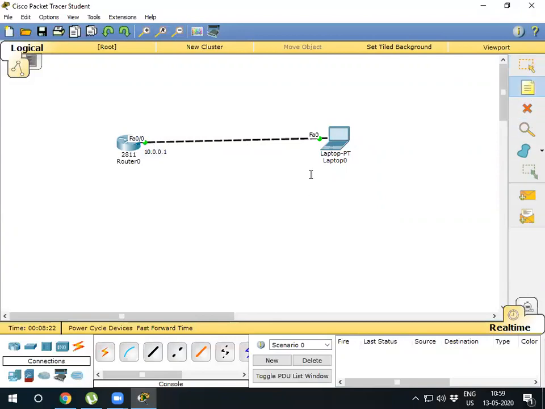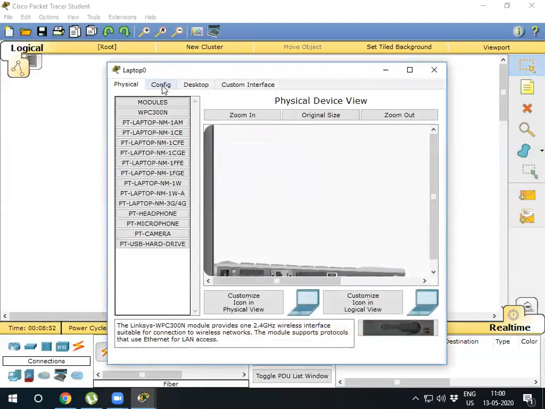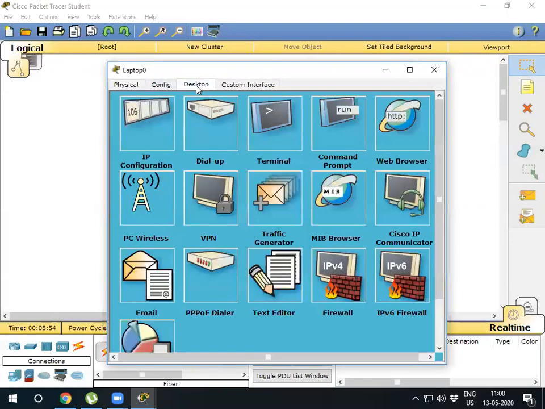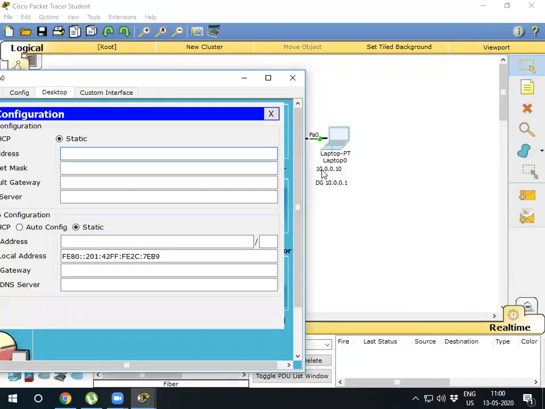So if I am giving an IP to the laptop, say 10.0.0.10, then its default gateway, I am writing it in short DG, will be 10.0.0.1. Now we are implementing these IPs. Just click on it and go to Desktop, then IP Configuration, then write this IP.